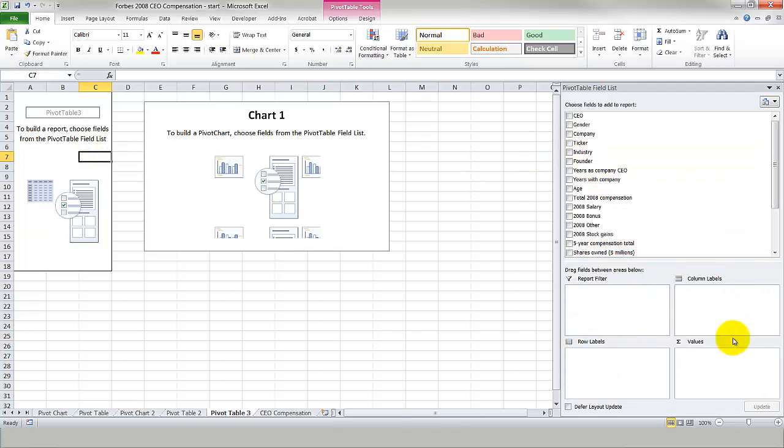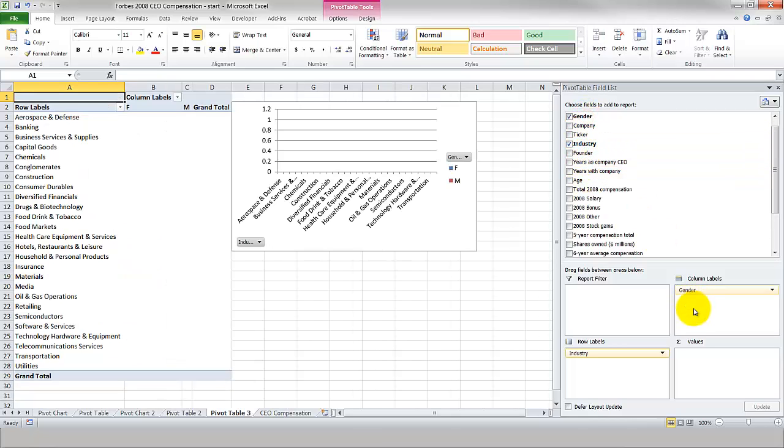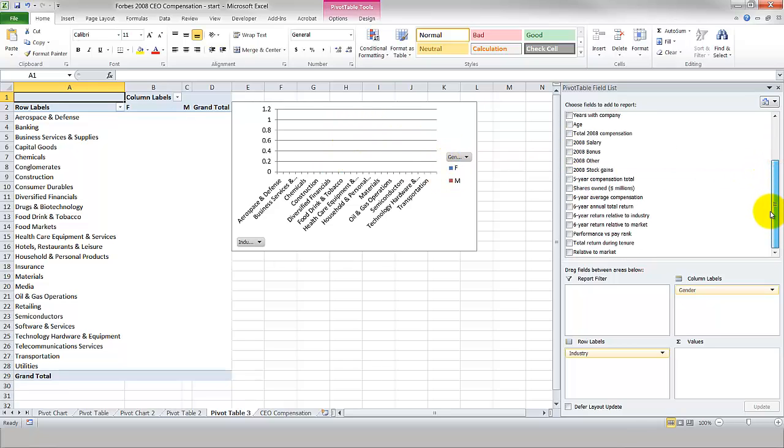So I'm just going to add some information here to our pivot table, maybe by industry, gender. And the reason why I want to show you this is because it actually is pretty neat how Excel does this, is that we can have two categories within our chart, and you'll see exactly what I mean in just a second. I'm going to go back to our list here,